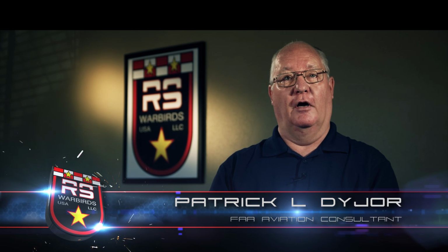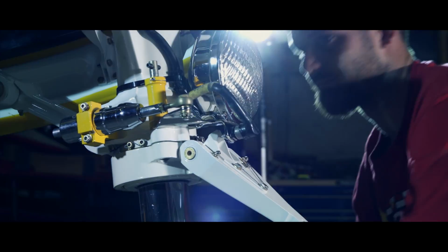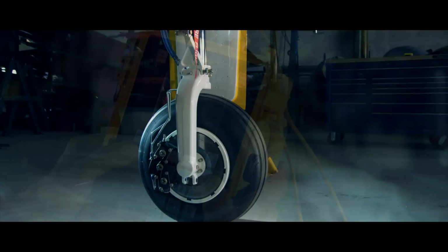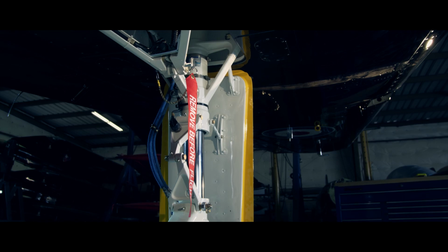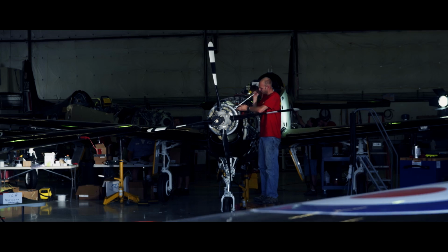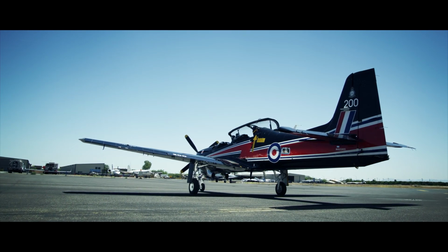I've been in aerospace for about 40 years. 24 years I've been with the FAA as a senior aviation safety inspector, and we do consulting work and FAA certification work on behalf of the FAA. And I've been associated with Tom and his companies for almost 10 years now. One thing I like about working with RS Warbirds and Tom Rowe's people is that they're not only attentive to detail, but the workmanship is impeccable. Been really impressed with the outcome of the work that they've done on these aircraft,